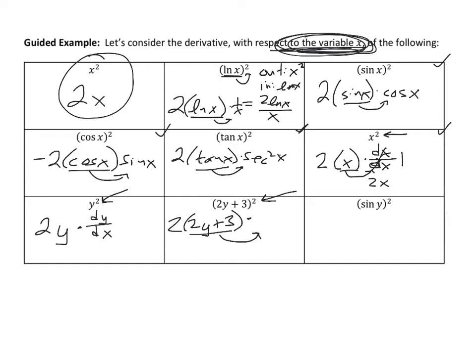Well, the derivative of 2y, well, 2 is a constant, so this would be 2 dy dx, and then the derivative of 3 is 0. So this is all sort of complicated, but this winds up turning into 4 times 2y plus 3